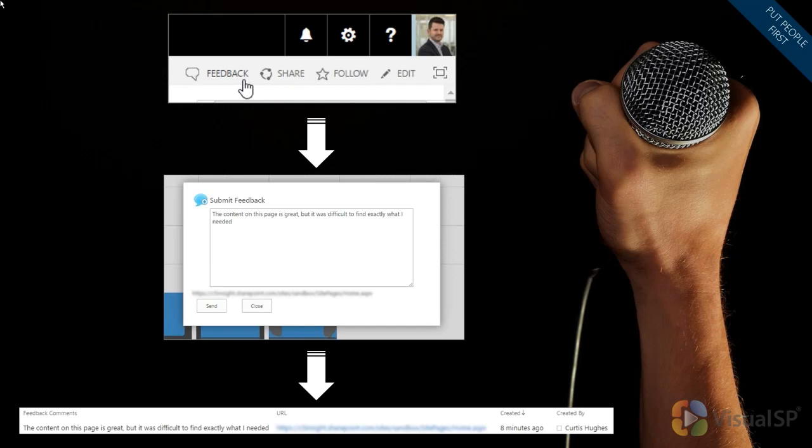And again, it gives your users a way, when they're anywhere in SharePoint, browsing around, there's a quick little link up at the top. They click feedback, it pops a dialog box, they can put in their feedback, it tracks the page they're on, and it sends it to a SharePoint list. Nothing super fancy about it, very simple, but then you can put alerts, permissions, workflows, whatever you need on this